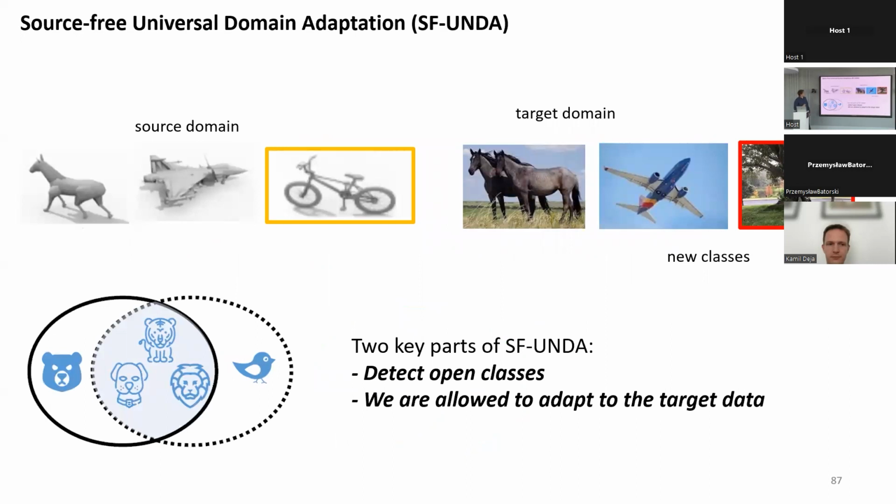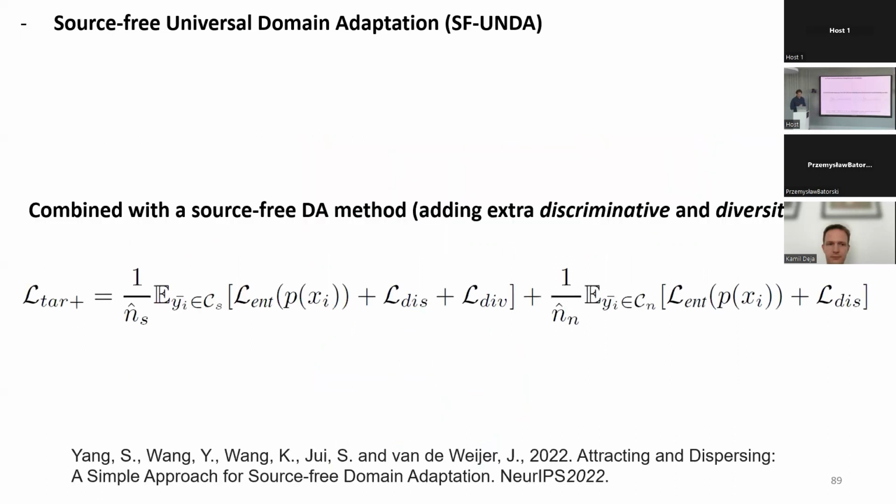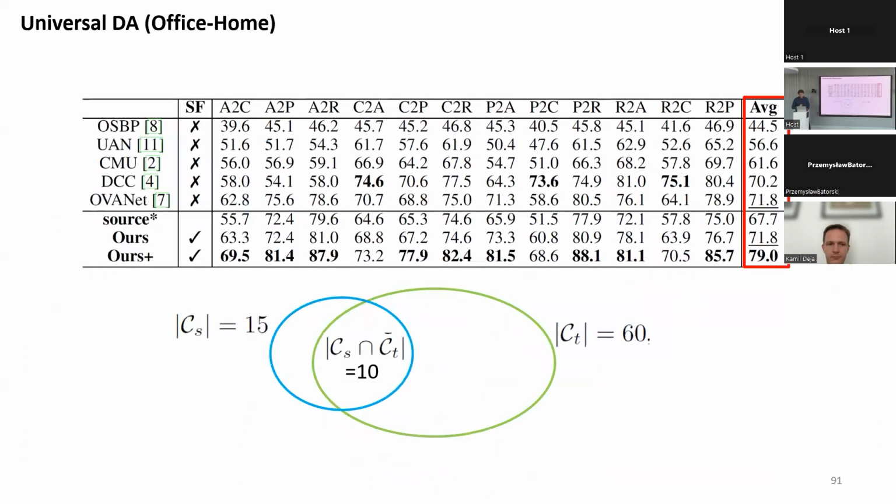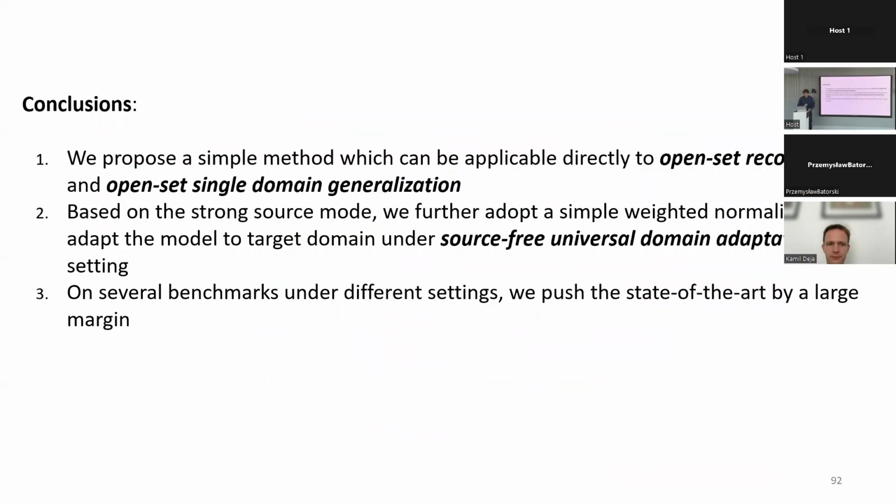Source-free universal domain adaptation is the most difficult one. Some training classes are not in the test set and some classes in the test set haven't been seen. In this case, he added an additional loss for this domain adaptation and it also obtains excellent results. But this is currently on arXiv. And this is on another dataset, its own dataset. So this shows how to go beyond the closed world assumption into the open world assumption.